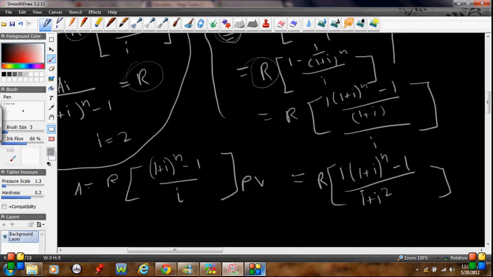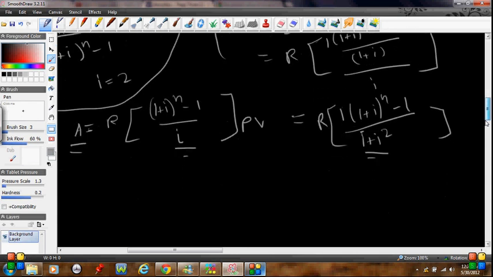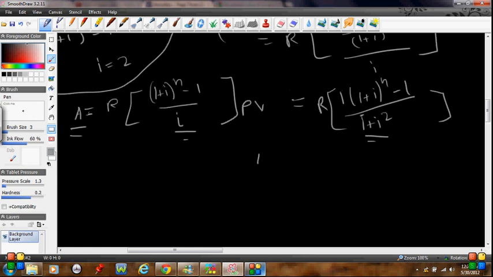Make that more obvious. So now if I look at this, I can see the differences. The top values are the same for both, so the numerators are equal, right? It's 1 plus I to the power of n minus 1 in both. And then in the bottom, however, the denominators are different. And it's quite obvious from the denominators that the denominator of this equation, 1 plus I squared, is greater than just I, right? So what we have